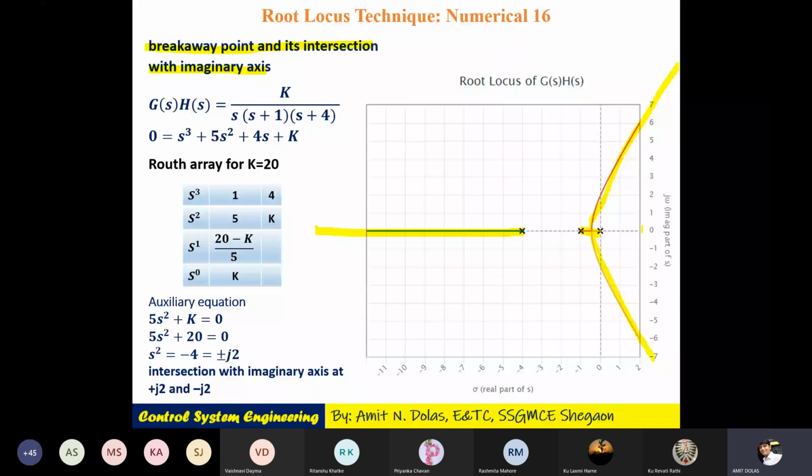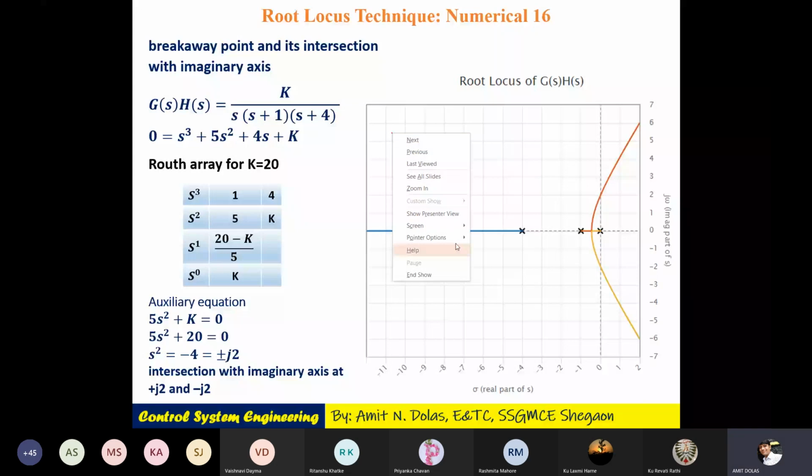And of course, if I'm talking about 60 and minus 60, or angles other than 90 and minus 90, they will definitely at a certain point cross the imaginary axis. Because the angles are 60 and minus 60, they will definitely cross the imaginary axis. And we wanted to find this point of intersection, where these two meet the imaginary axis. Okay, now for that, we will use a Routh table as we did earlier. So in a Routh table, this is the equation. So we'll keep this equation equal to 0.